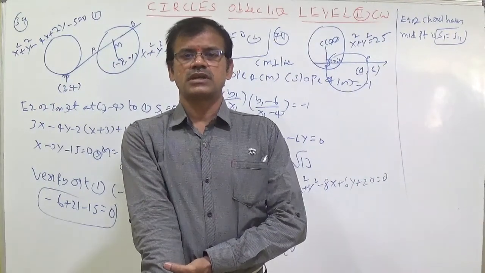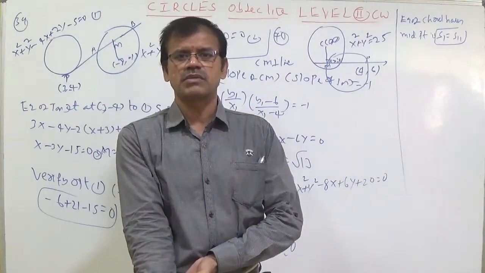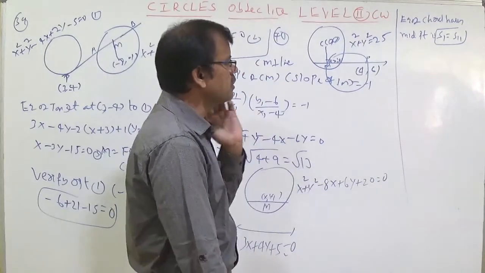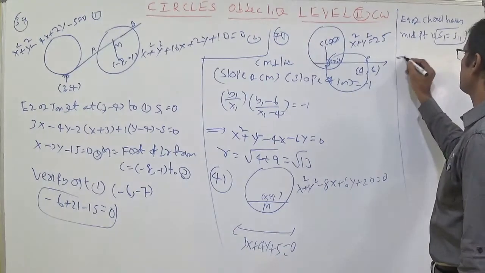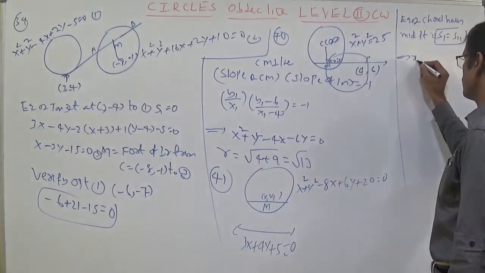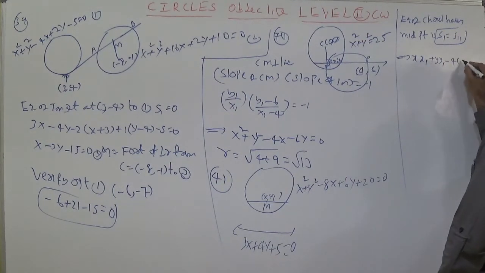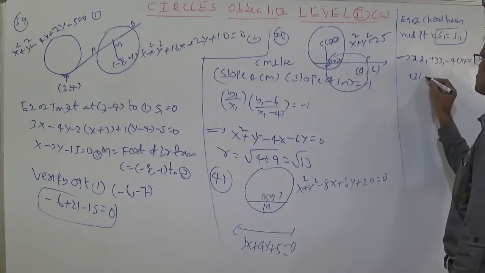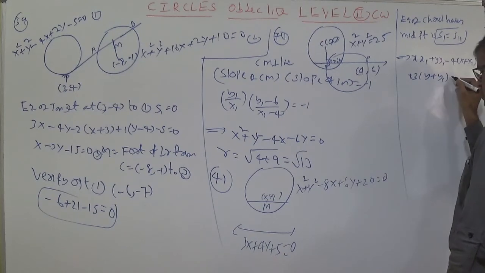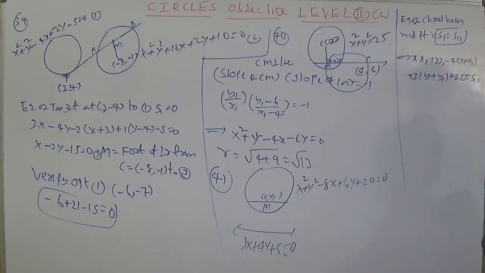Whenever S11 is there, it is always constant. That is, if you substitute any number in the given circle, it becomes a constant value. So no need to calculate the constant for the slope. Now here I am writing this using x1, y1. You can write here x x1 plus y y1 minus 4 into x plus x1 plus 3 into y plus y1 plus 20 is equal to, no need to write the full S11, simply write S1 because it is constant.